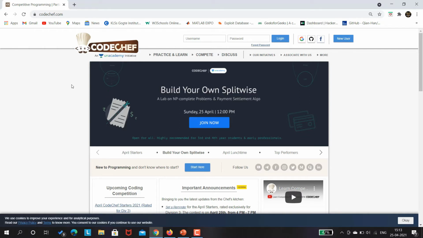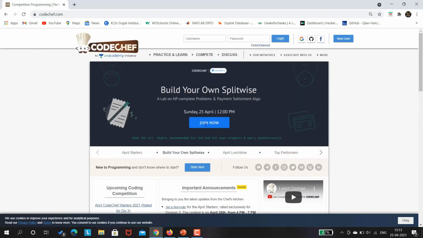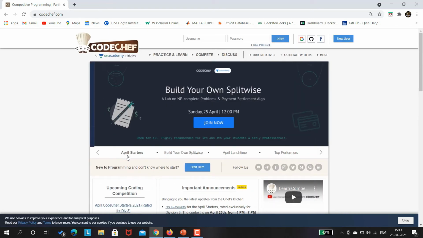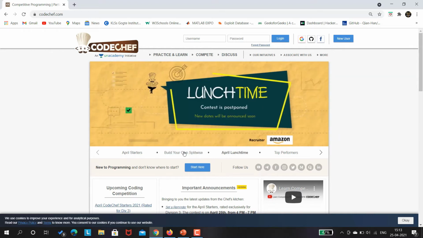Now we will be showing you how to create an account on CodeChef. So once you come to this website, this is how the platform would look like. Here you would be seeing some posters on the monthly contest which is hosted by CodeChef. Like you would be having lunchtime, cook-off, and long challenge. All those links, all those posters would be posted in the home page of CodeChef. So how to create an account?